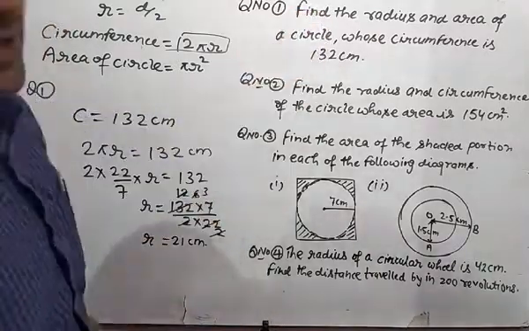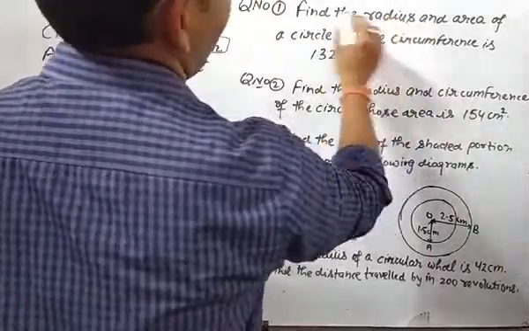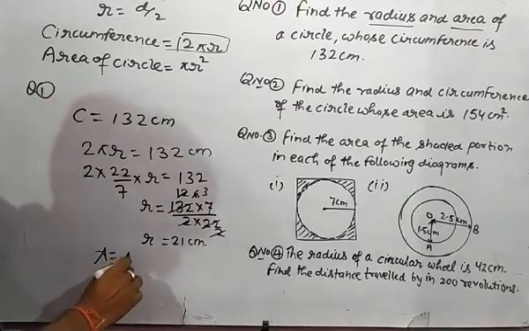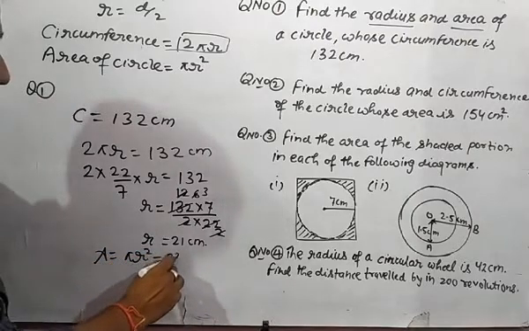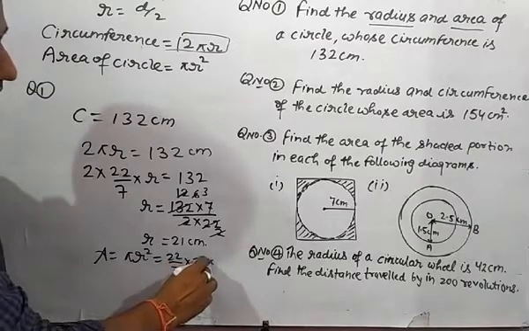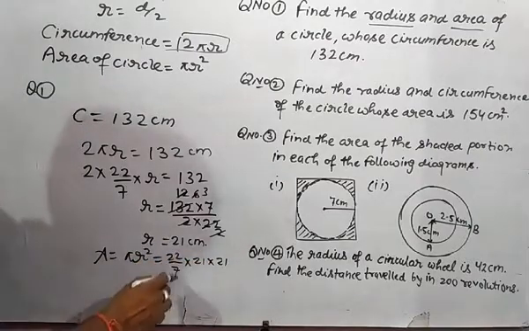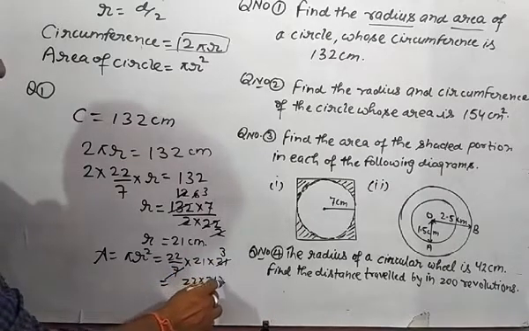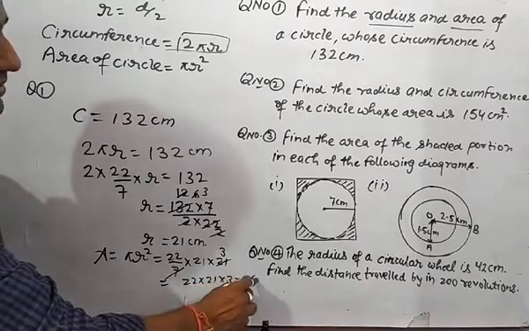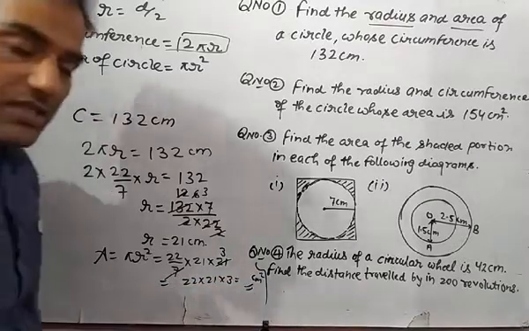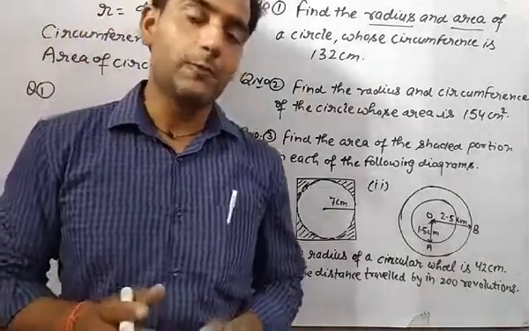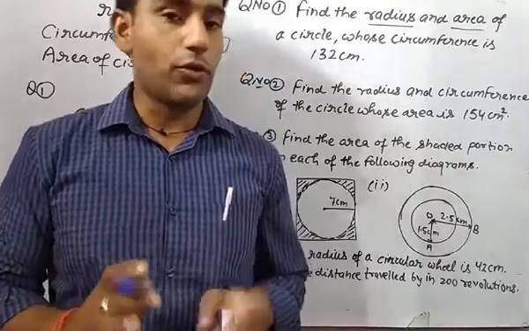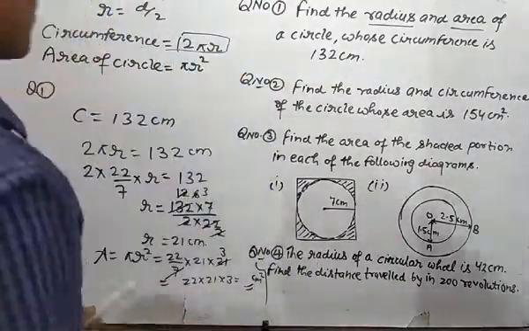If we have got the radius of the circle, then we have to find what? Radius and the area. So if we have the radius, then we can find the area also. Area is equal to pi r square, that is 22 by 7 into 21 into 21, as we have 21 square. So 7 3s are 21, and the answer will be 22 multiplied by 21 into 3. You will get the area of the circle in centimeter square. Please never forget to write the unit of the area or unit of perimeter or unit of volume, wherever it is asked. The unit is very important. Okay, this was the first question.